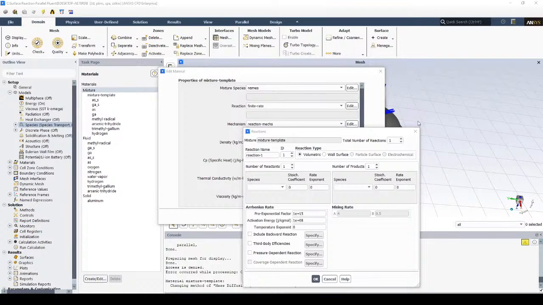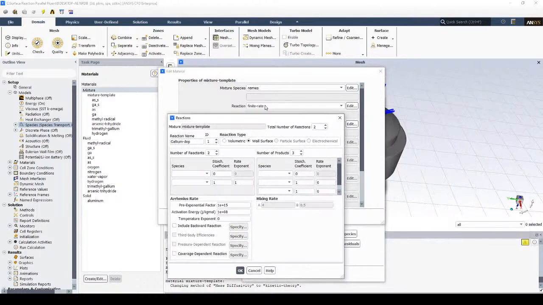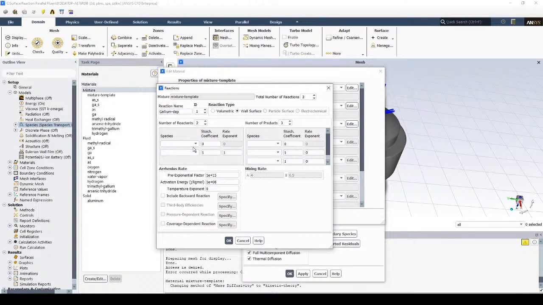Okay, here we go. So there's going to be a total of two reactions. We're going to be depositing gallium and arsenic onto the wafer here. So the first one is going to be my gallium deposition reaction. This will be a wall surface reaction. We'll have 2 reactants and 3 products. So you can see it's very easy to set up here. When I do that, it sometimes pops to my other screen, but that's okay. So the first one, the gallium deposition, will be ash, and our gallium site